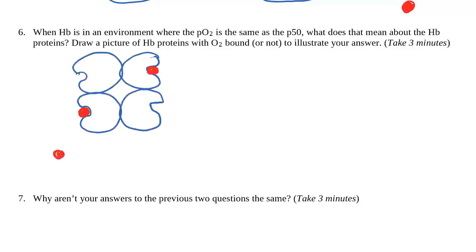All right, here's one thing you could have drawn. Remember, hemoglobin is tetrameric and it has 4 binding sites. So in my fabulous picture here, I've drawn hemoglobin. You might remember that it has 2 alpha chains and 2 beta chains, 2 alpha subdomains and 2 beta subdomains. And I've shown only 1 hemoglobin molecule with half the binding sites filled. That's one way you could do it. If you drew only 1 hemoglobin, then you would have to draw it with only 2 of the binding sites filled. Now, if you drew more than 1 hemoglobin, there are different ways to do that.